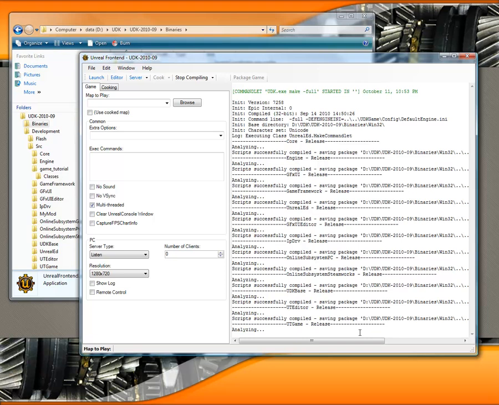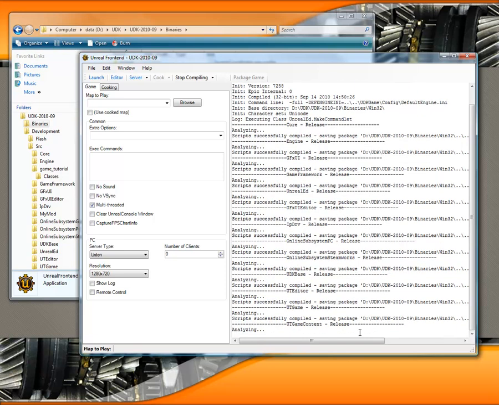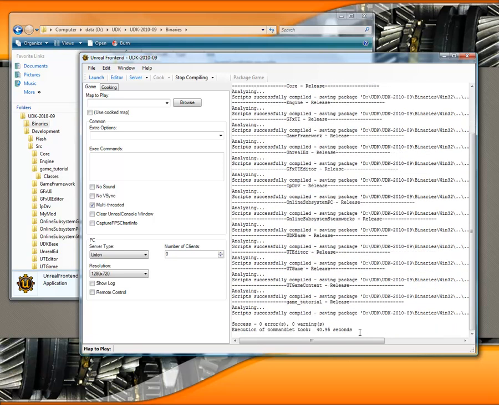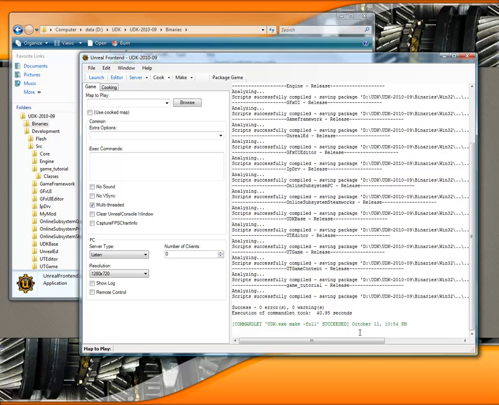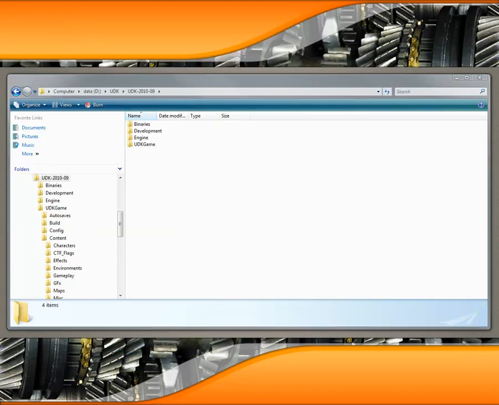And once we finish this compiling process, what it'll do is it'll have written a new version of those UDK files for us. Succeeded! Excellent. That's what I wanted to see. So we can close that again now. So we've set up the scripts in our development source folder, and we've set up our config files in the